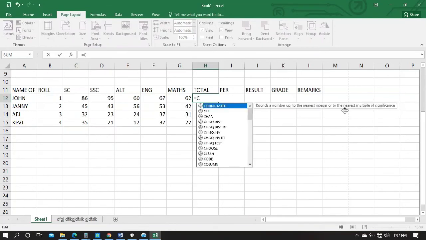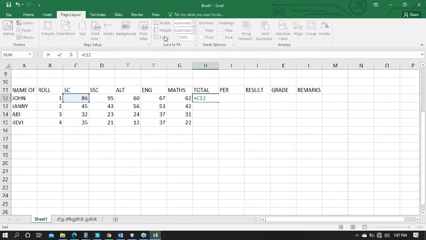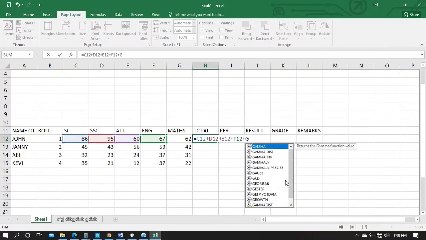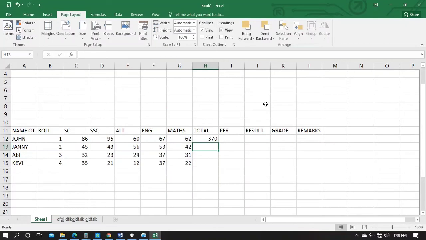C12 plus D12 plus E12 plus F12 plus G12. See, 270. Now if I do any changes here, like say, let's say 53,